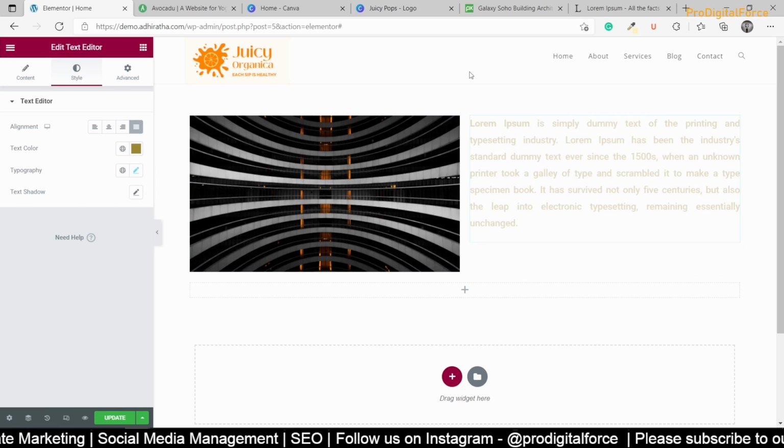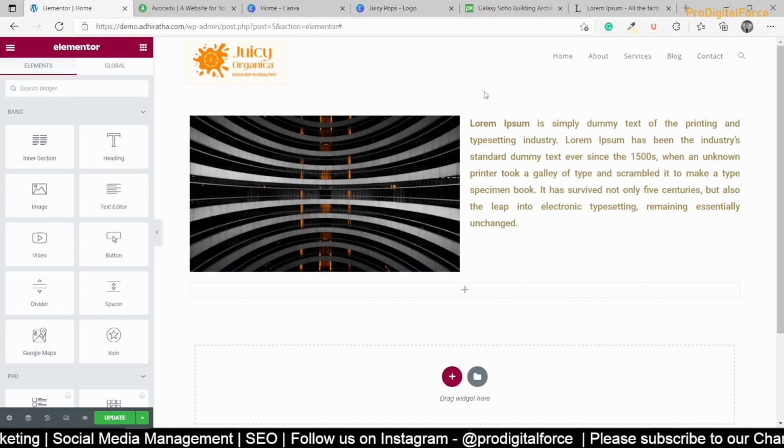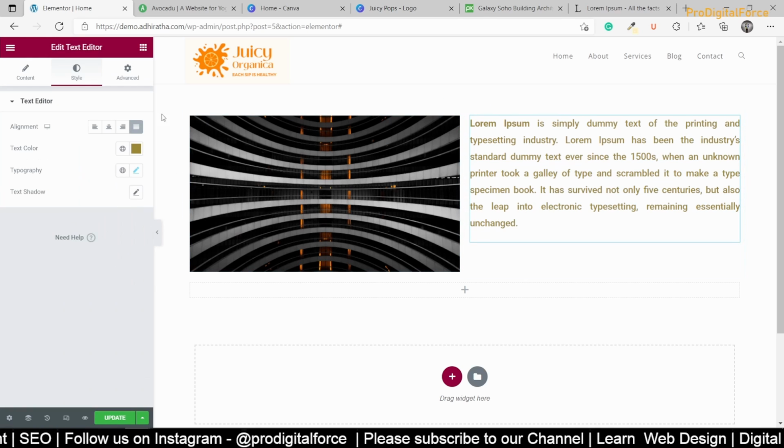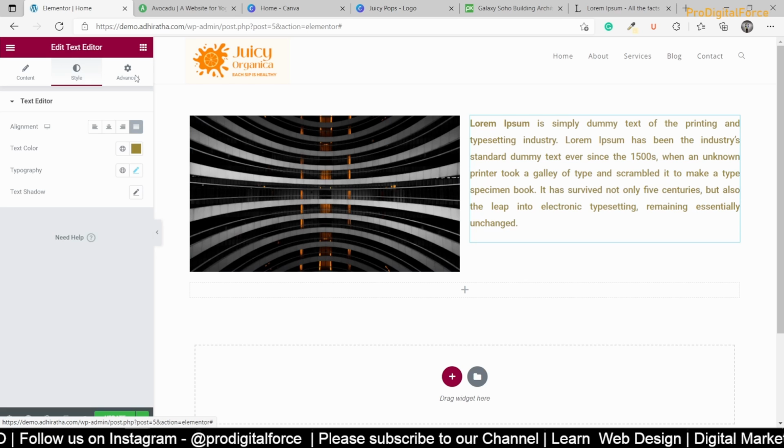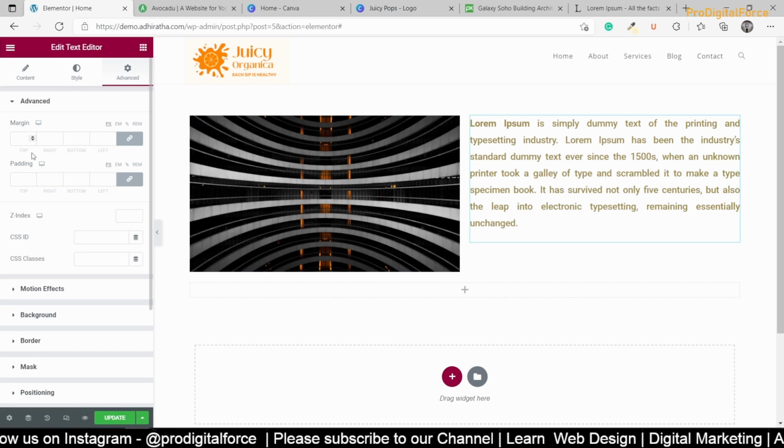Now what else? So I went through all of your suggestions, but still there is something, alignment is not right. The top space is less, the bottom space is more. What I can do is, again I'll click on this plus symbol, go to advanced. Okay, there are two options guys. One is a margin, one is a padding. This is what people who do coding actually do in HTML and CSS. But here you can do that from the front end itself, I mean from this Elementor interface itself.